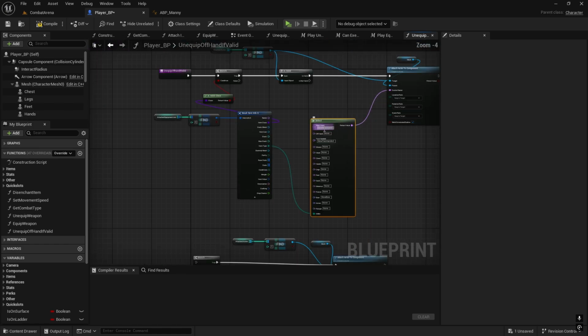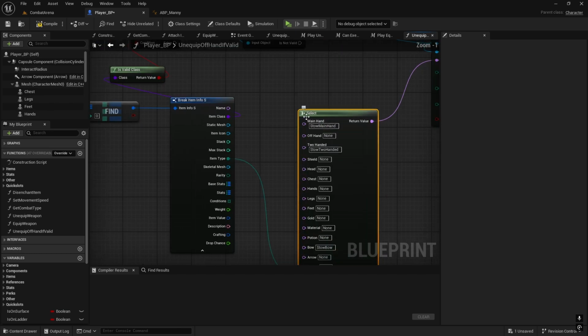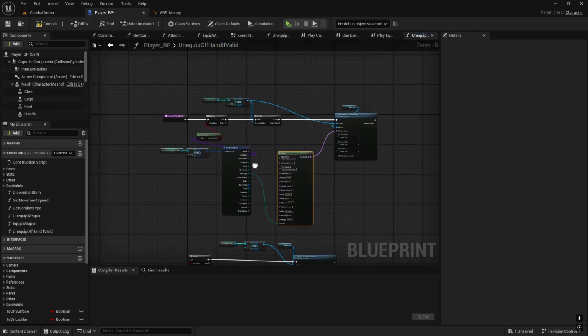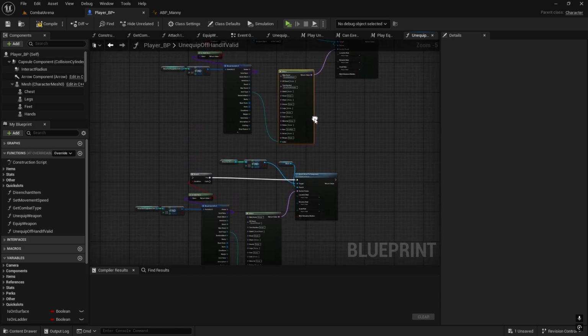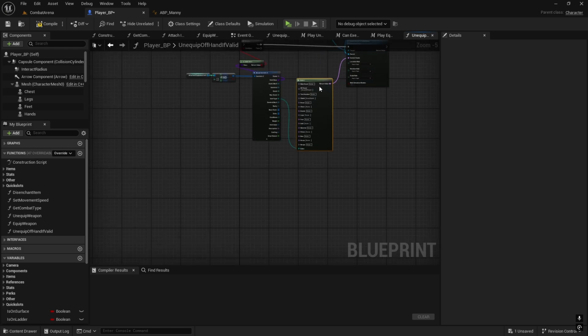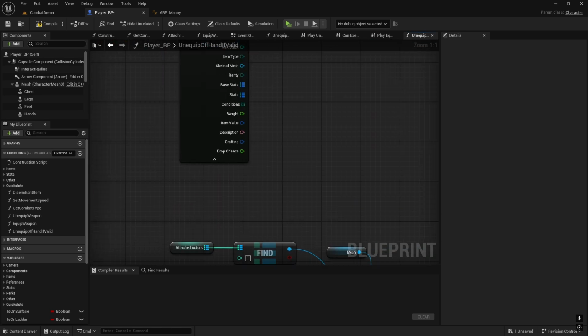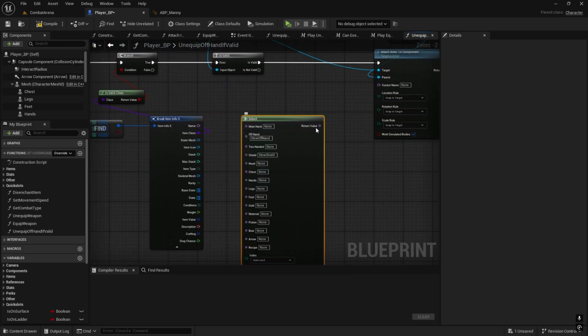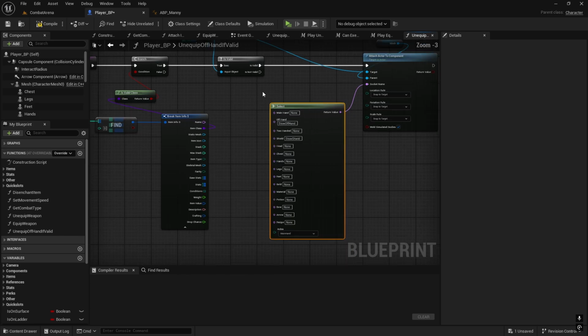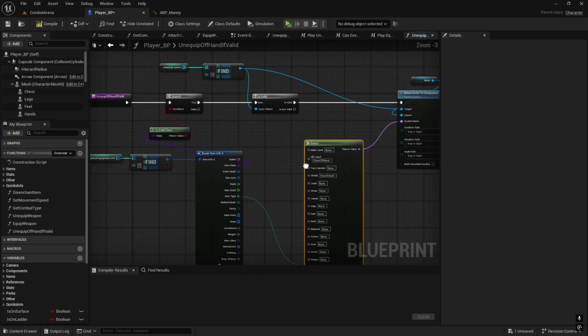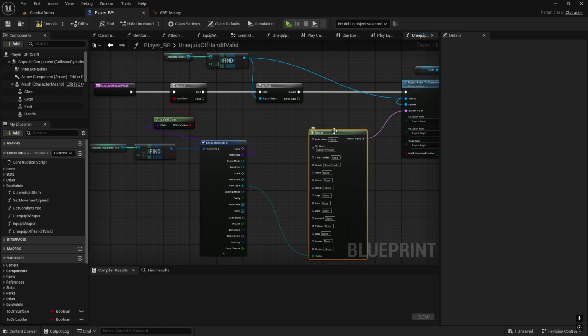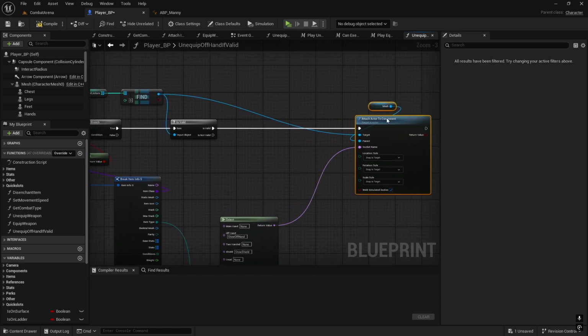We do have it set here already for stow, which is where we want to put it, except we actually need the offhand, sorry. I'm going to delete the first one and get this one, because this one has offhand slots. Paste it, add it here, connect the item type,